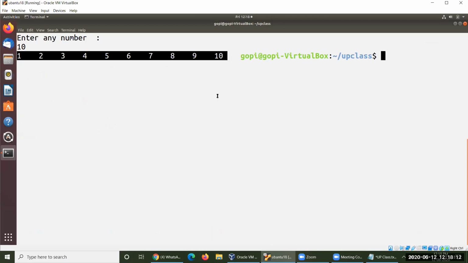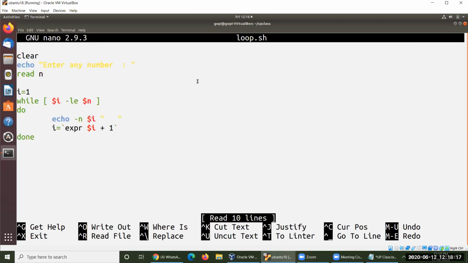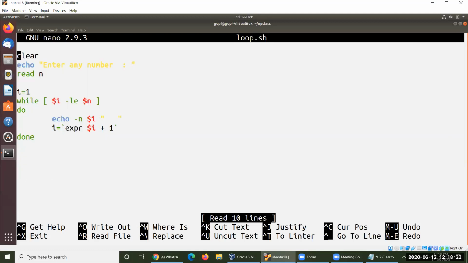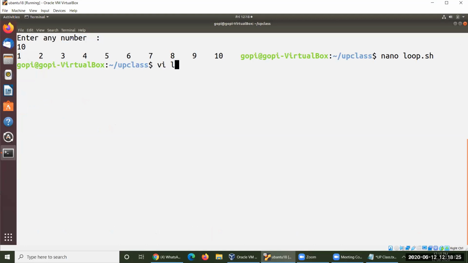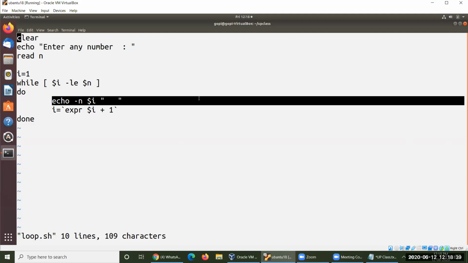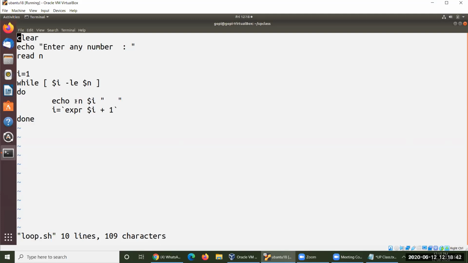There are 2 different types of ways to be displayed by this echo here. In this way, you can execute. You can write your problem here. Let me open VILOOP.sh. Okay, you can see this one. In this way, -n will be what exactly? -n means the cursor stays in the same line. If you switch off this -n from echo, after displaying something, it will go to the next line.